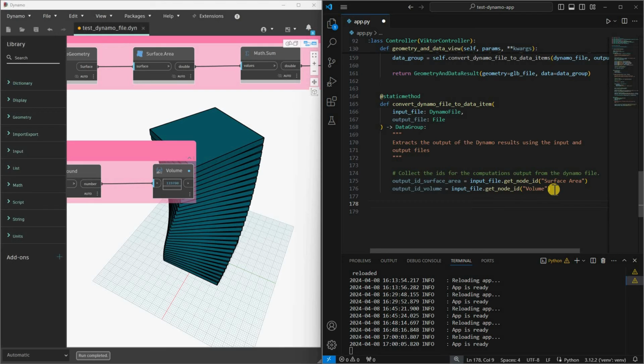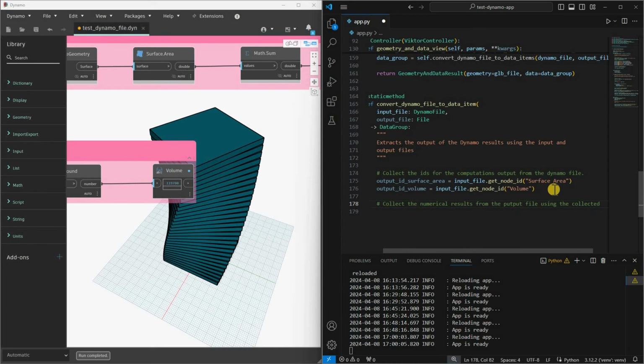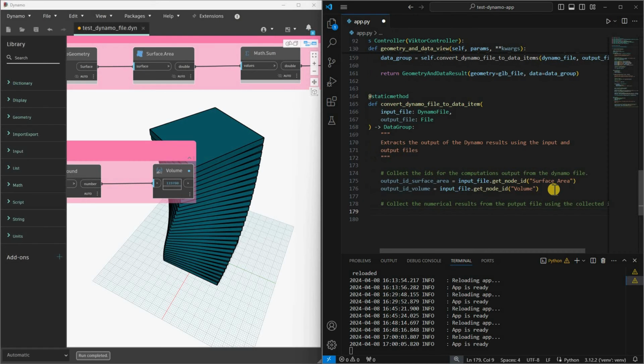And then hit enter and add another comment. So hash collect the numerical results from the output file using the collected IDs. Hit enter. Okay, so we're going to type in here output_file.open_binary. It needs to be open in a binary format. Okay, so that method lets us read that output file, which is the XML file, as a binary format as F,